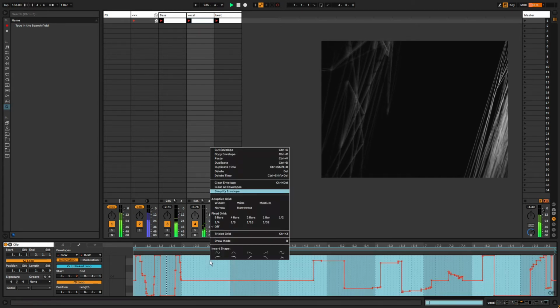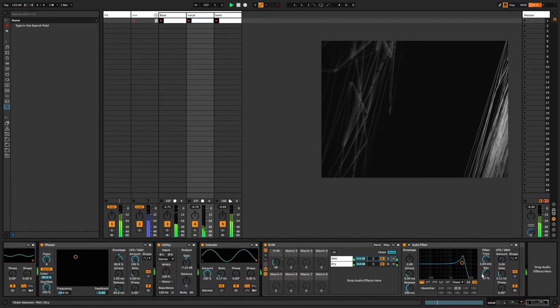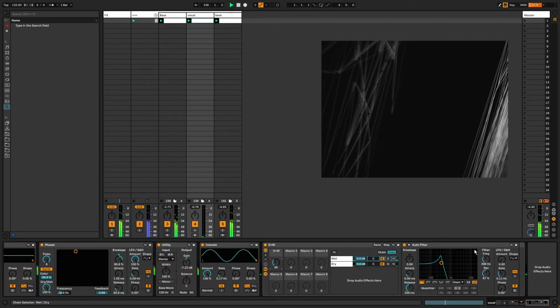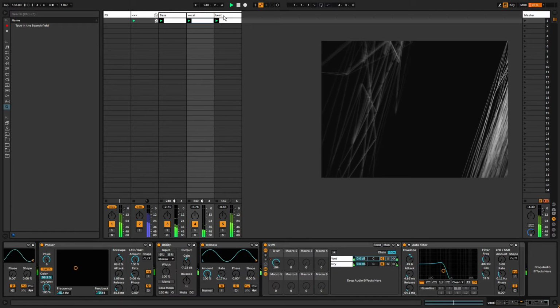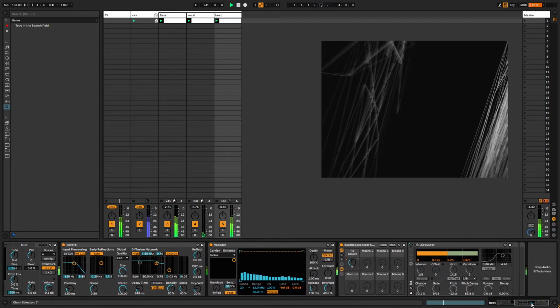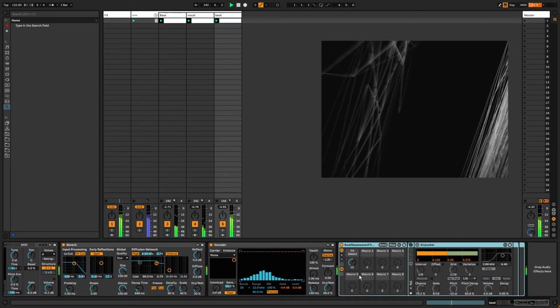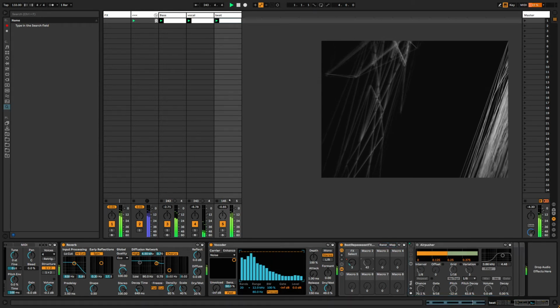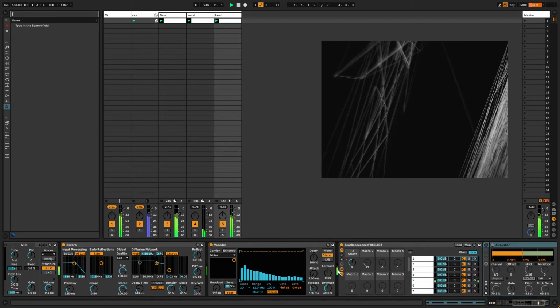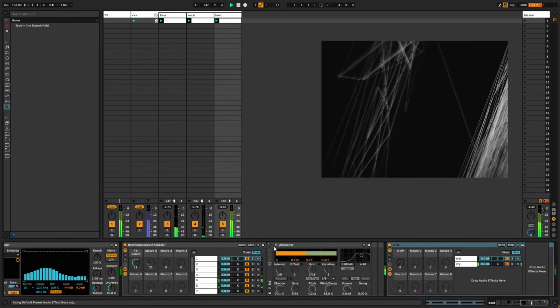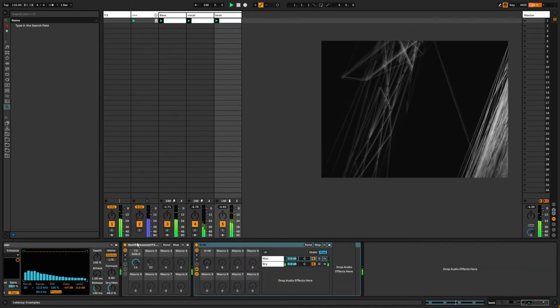Cool. Clean that up. I feel like I should have built in a wet dry on this one, but let's just nest it. It's not the cleanest way, but